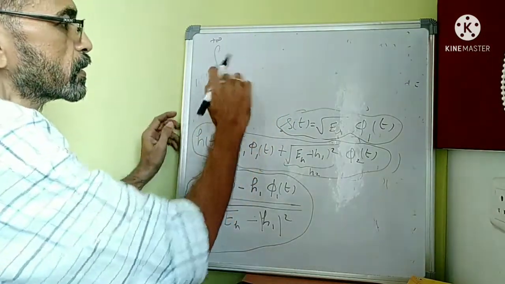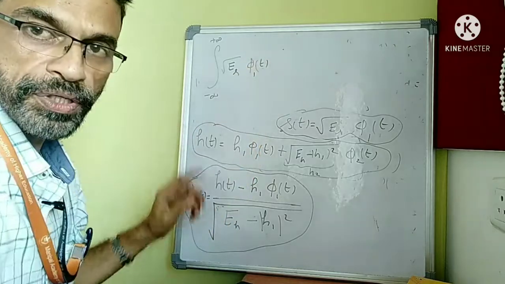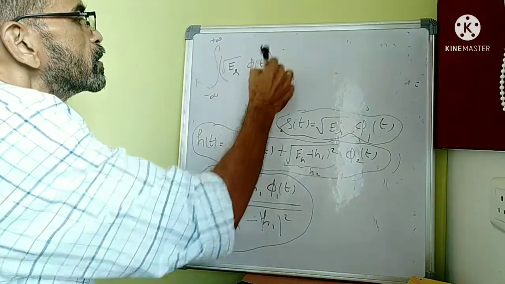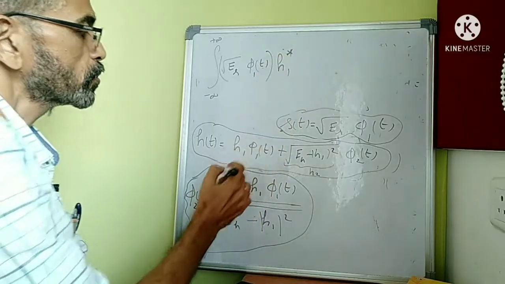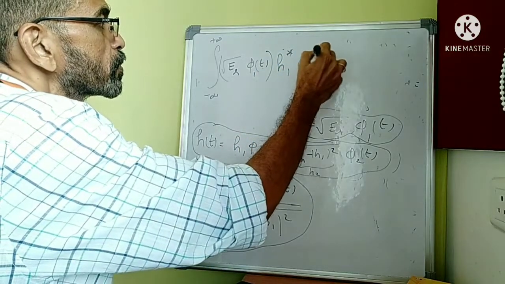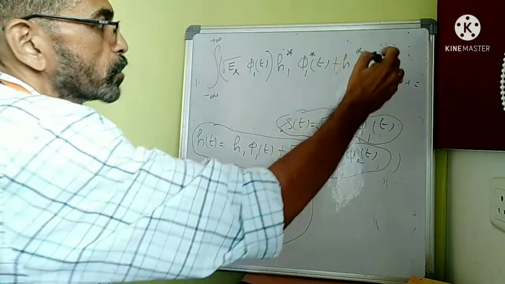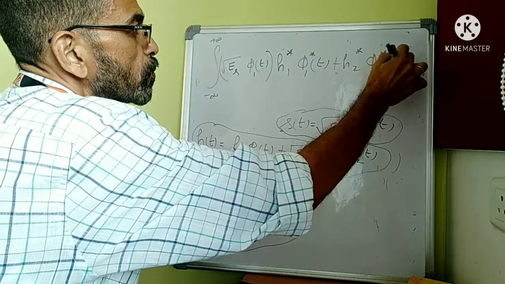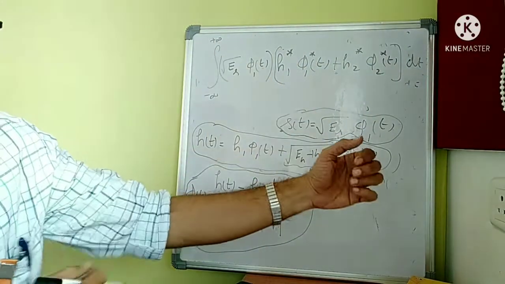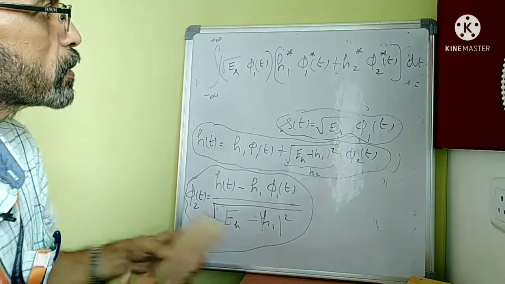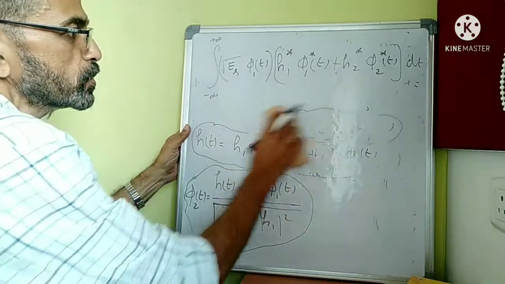So I get root Es phi 1(t), that is s(t), and multiplied by h conjugate, so that will be h1 conjugate phi 1 conjugate (t) plus h2 conjugate phi 2 conjugate (t) dt. So this is what we do, and this is the left. I'm building the left hand side of the Schwarz inequality, and now this gives us